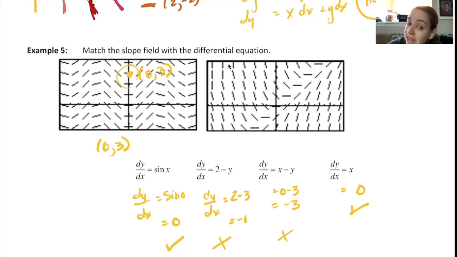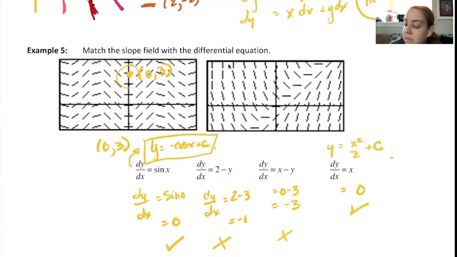You might be able to tell if we integrate sine, what do we get? Negative cosine. If we integrate dy/dx equals x, you're going to have x squared over 2 plus c. So this is a negative cosine curve. This is a parabola. Which one fits in that first slope field? That's the negative cosine. So in this case, I could solve for my original equation, but what else you would do